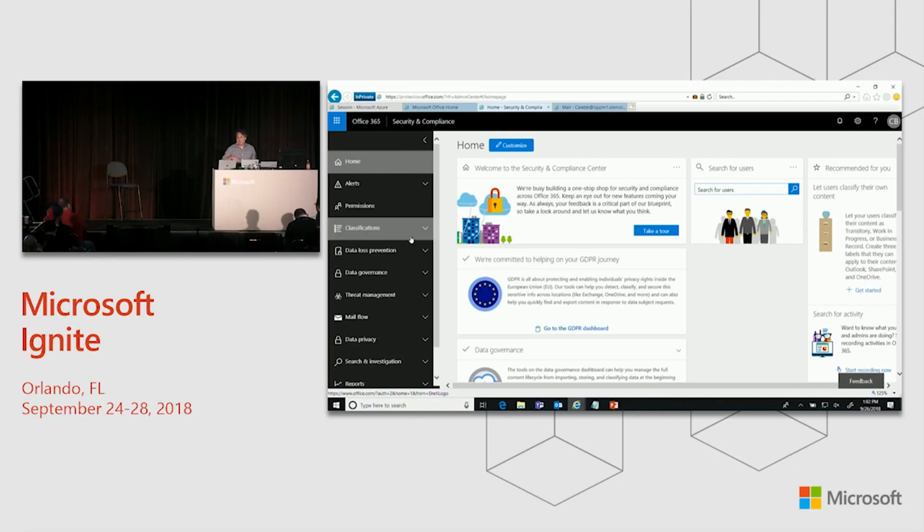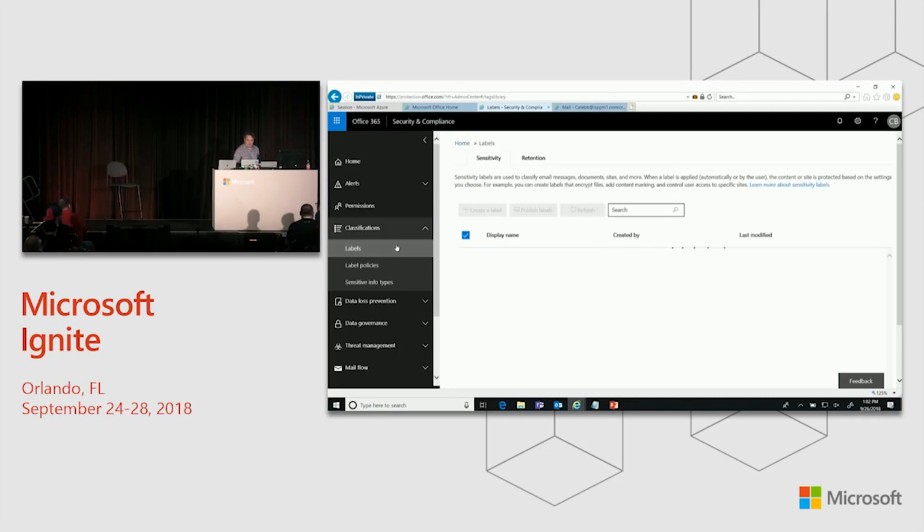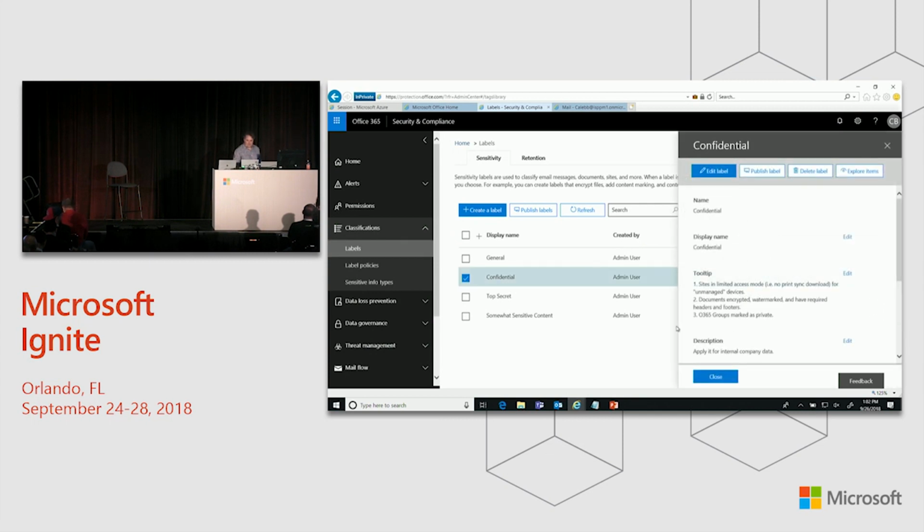Now, the idea here is that instead of applying it to the service, you can apply this type of policy to a data classification. So you go into the Office Security and Compliance Center, and you can say on your confidential document that a limited access policy would apply. So I'm in the Office Security Compliance Center, click on and see what labels I have. And now I'll go into confidential